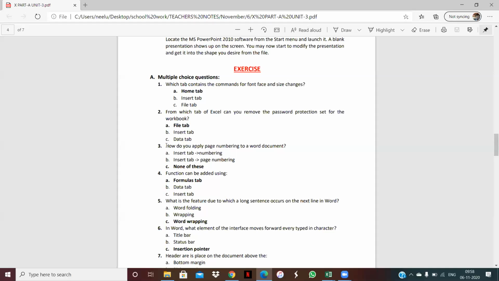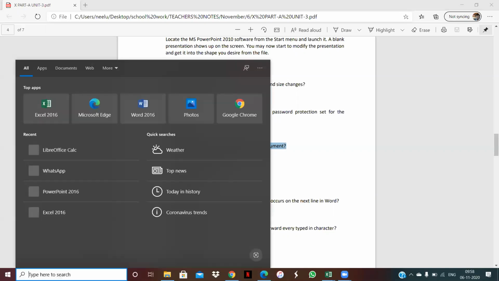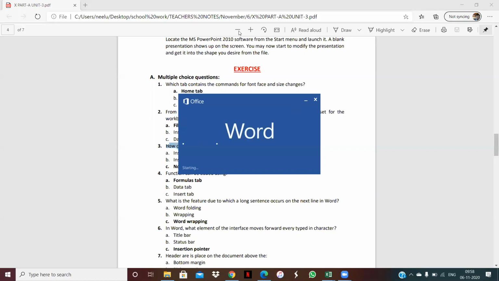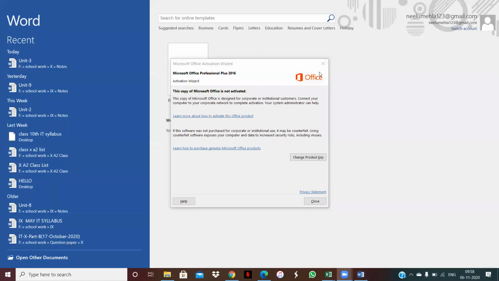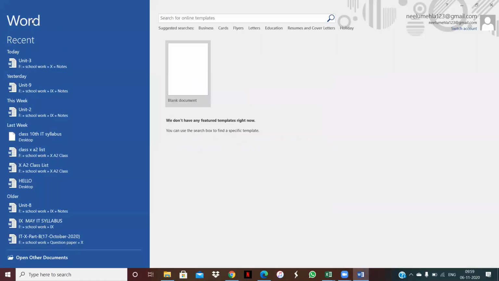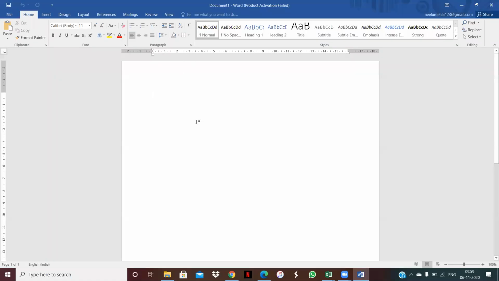Next question is, how do you apply page numbering to the Word document? Suppose we want to apply page numbering to a Word document, then how can we do it? I'm opening Word and a blank document, and they are asking from where we can apply page numbering, and they give two options.